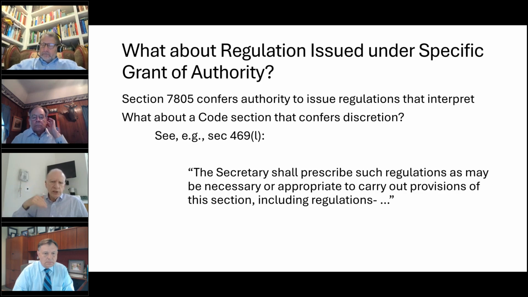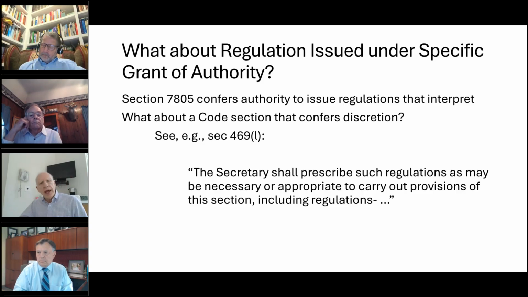How are we going to deal with specific grants of authority like this one, over and above, if you will, the 7805 authority? I'm suggesting that you need to distinguish between a 7805 general authority reg versus a specific grant of authority reg like the one I have as an example on the bottom of this slide. Okay, now here's why. Can we change slides?